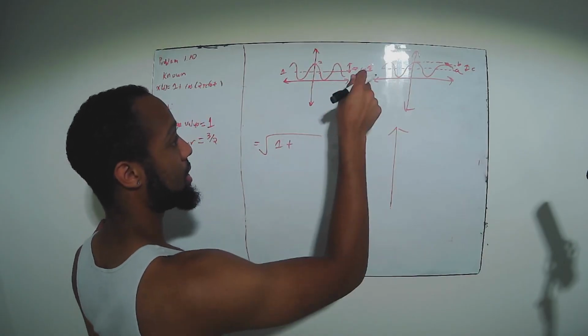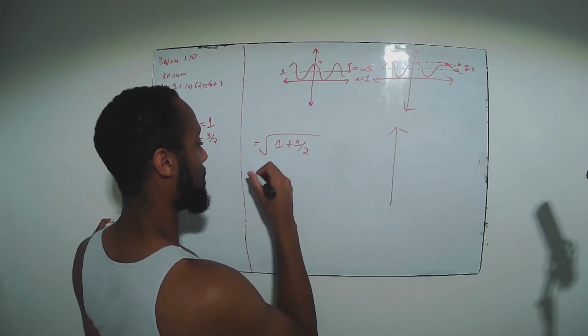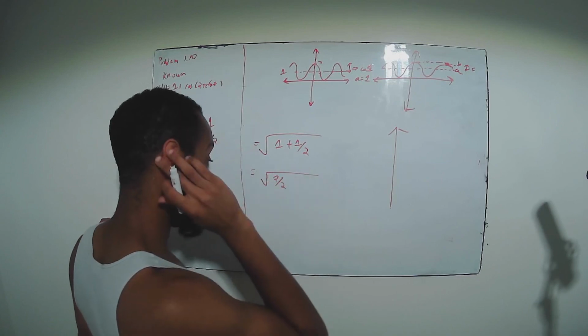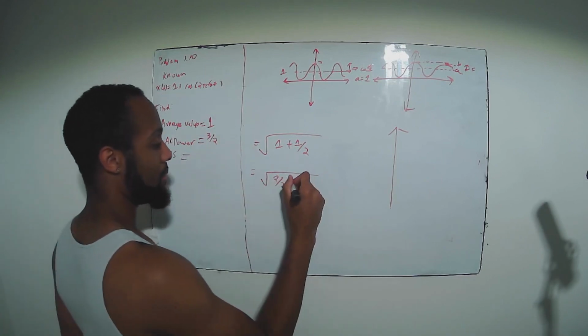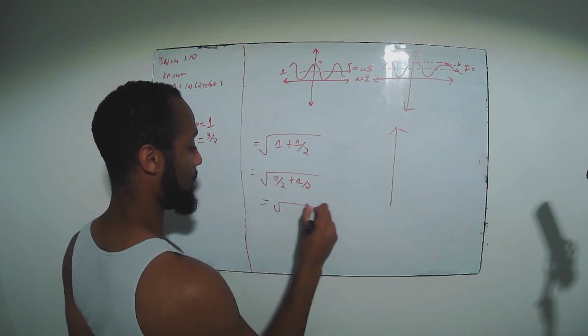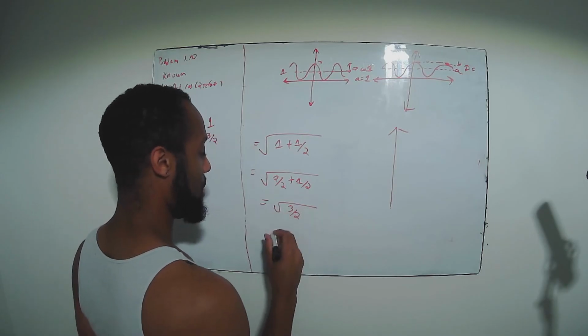The highest peak is the distance from 1 to 2, which is 1, and then divide that by 2. Now what you'll notice is 1 is the same thing as 2 over 2, and then you add that plus 1/2. So then you end up with 2 plus 1, that's 3 over root 2, and you end up with root